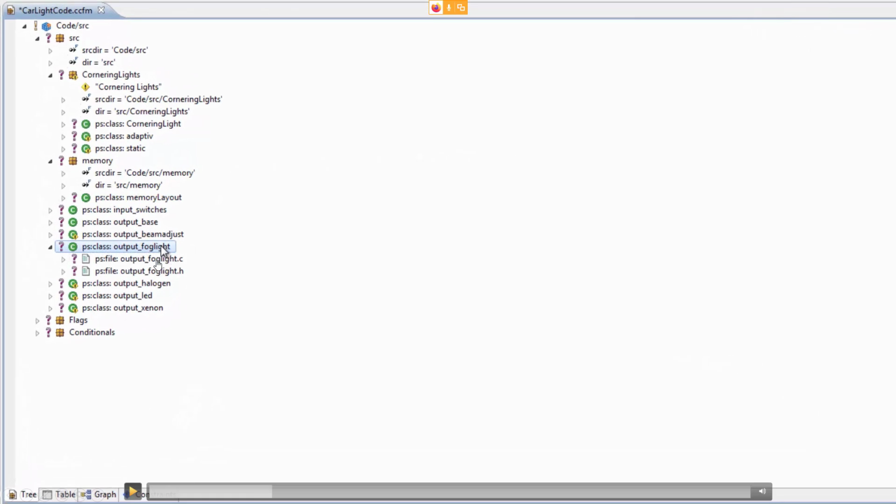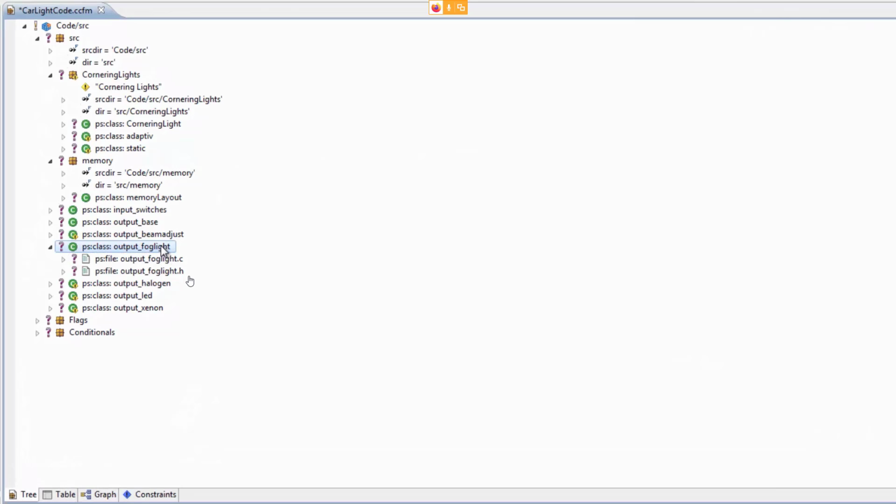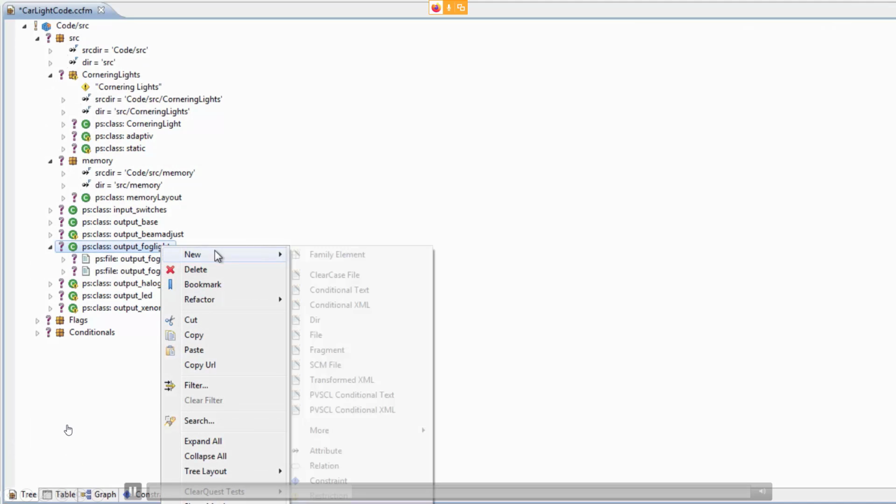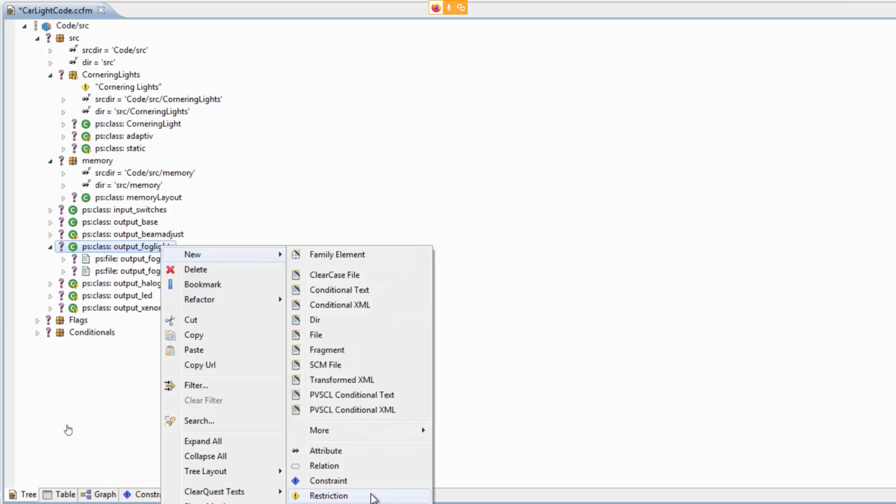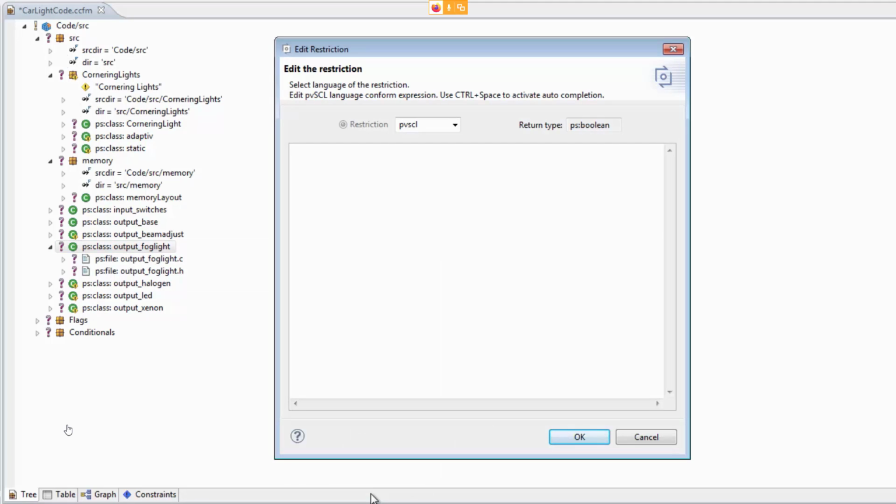Let's say we want to make the files output forklight C and output forklight H variable and only want to have them in variants that actually have the feature forklight selected. Then we can now in this family model add exactly this information. We can right click this class element. We can say we want to have a restriction here. And now such